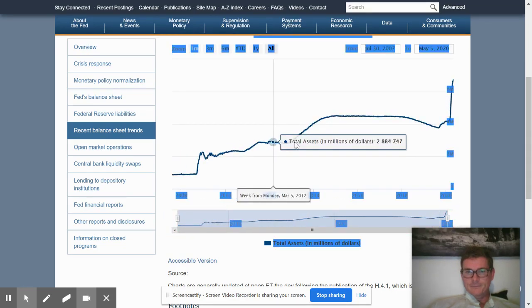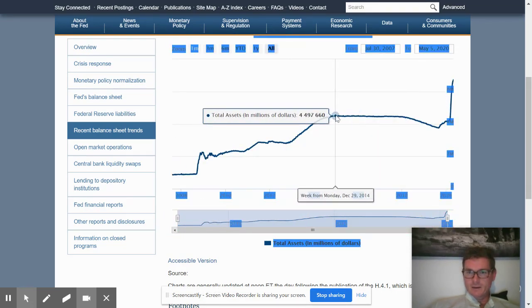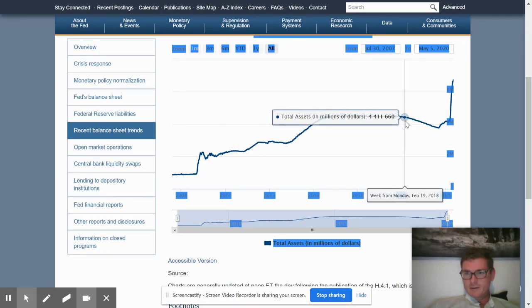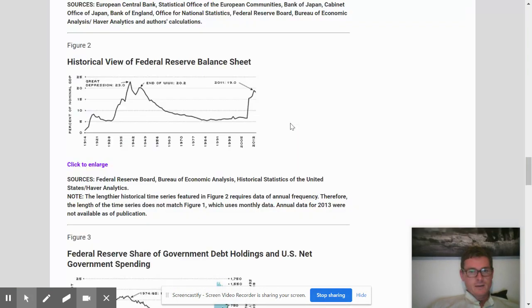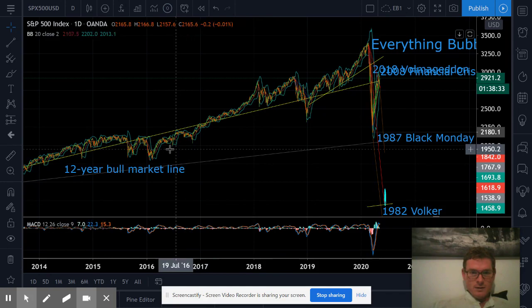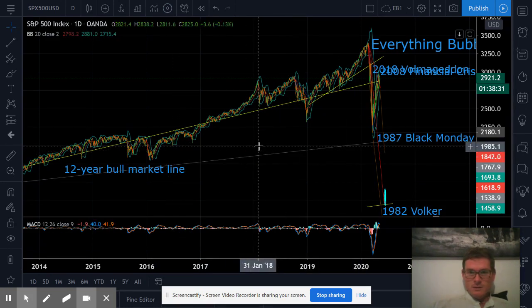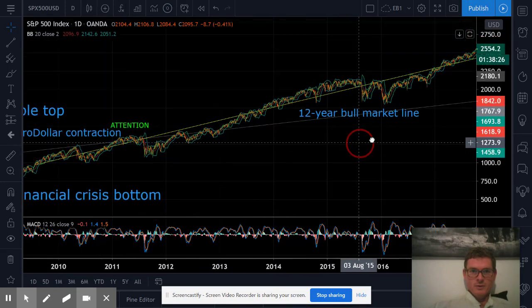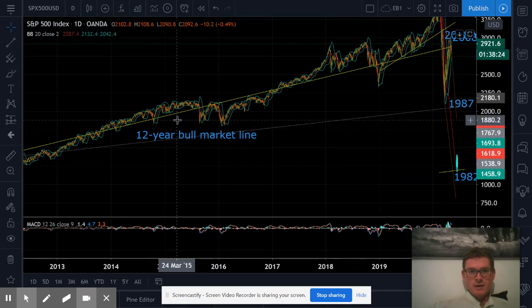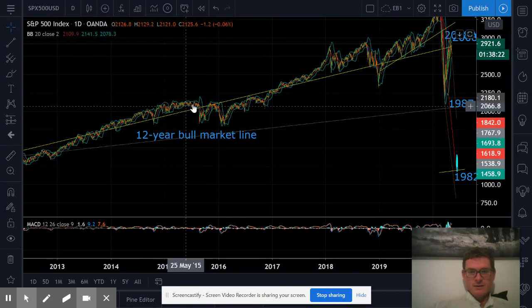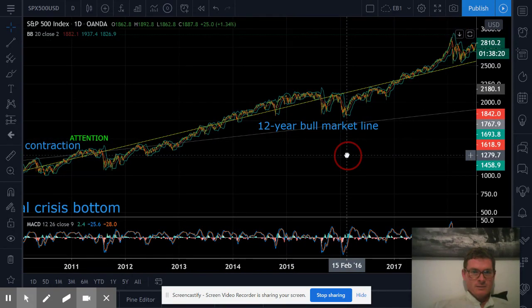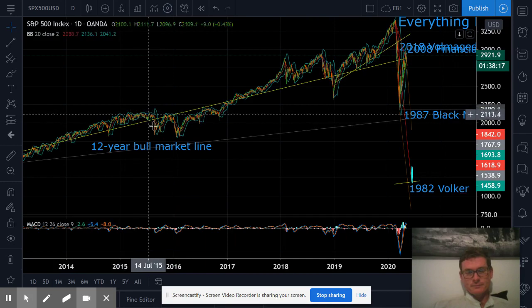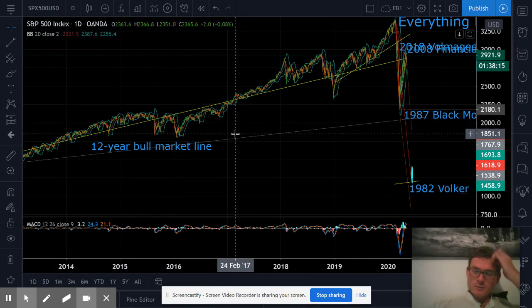Let's see. When did they start the quantitative tightening, in 2015? They were trying to bring it down. 2015, and then the beginning of 2018. So we can check that out. 2015, about halfway up the bull market, they started trying to tighten it, and then we get some nonsense here. We get a contraction underneath the bull line, and